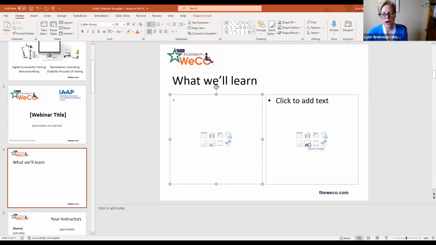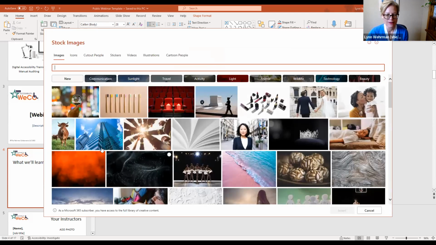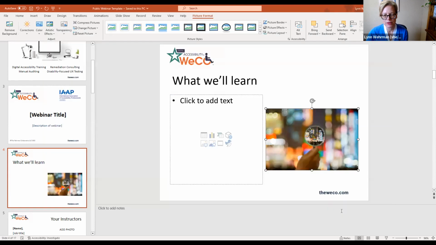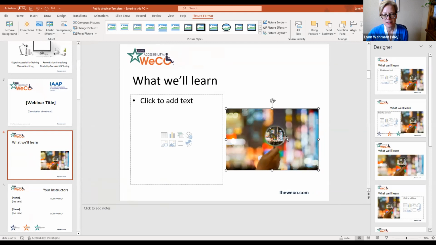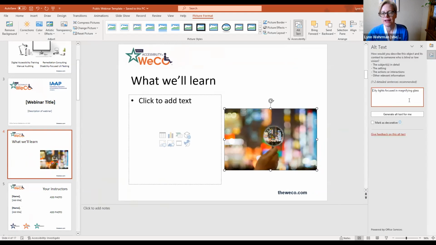You can choose stock images, which, by the way, Microsoft has really beefed up their stock images. They're not bad now. This one is particularly cool. I've actually used it. And you put that in. And if it is a stock image, they already have alt text written for you, which is nice.